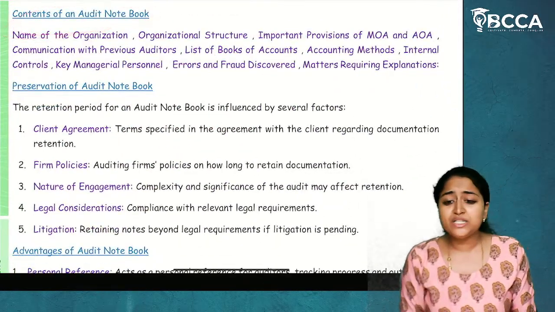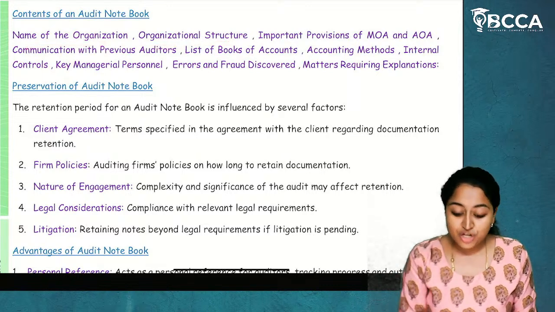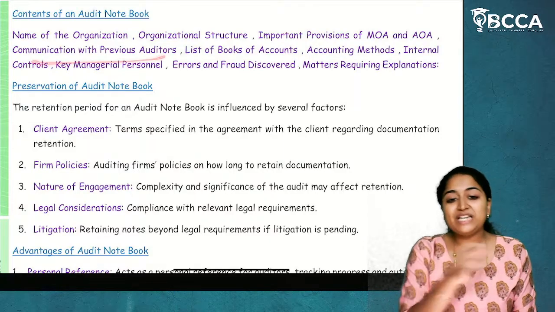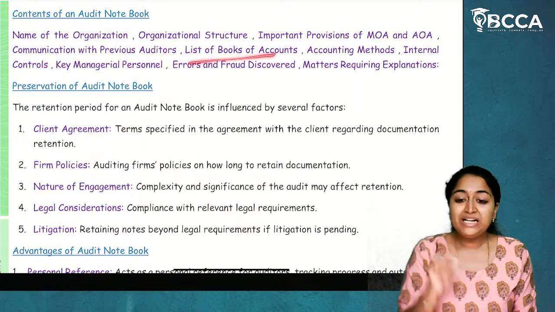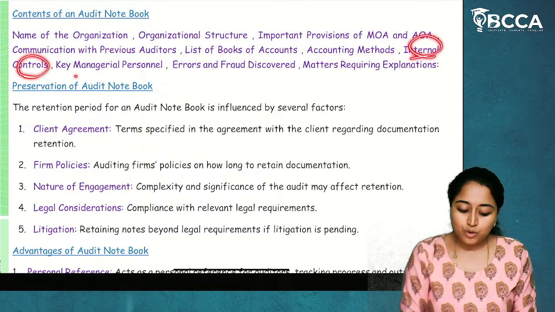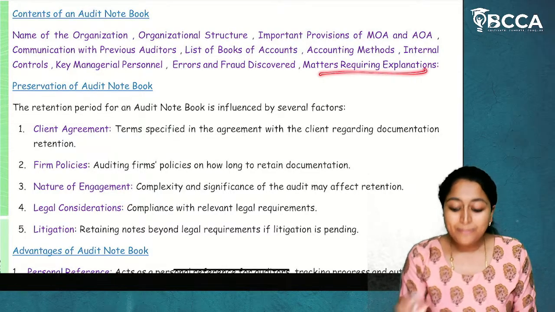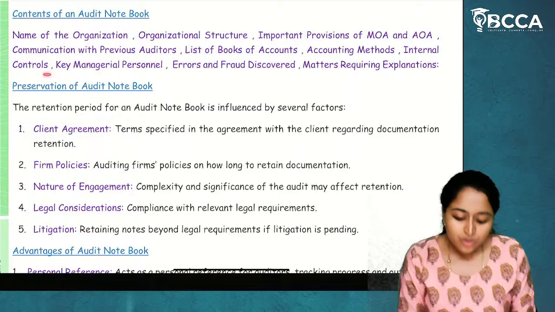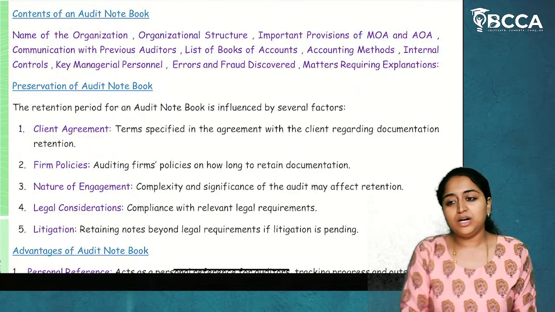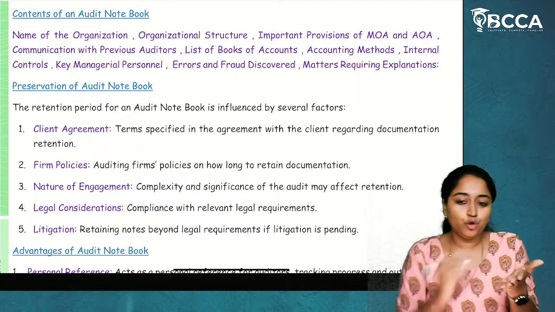What will be the contents of the audit notebook? Name of the organization, organization structure, important provisions of MOA and AOA, communication with the previous auditor, list of books of accounts, accounting methods, internal controls, key managerial personnel, errors and frauds discovered, matters requiring explanation. So all these are observations or the information which he has collected, and he will write in the audit notebook,